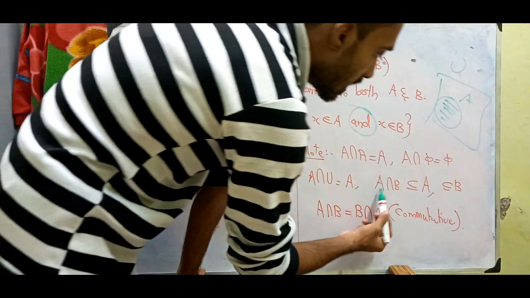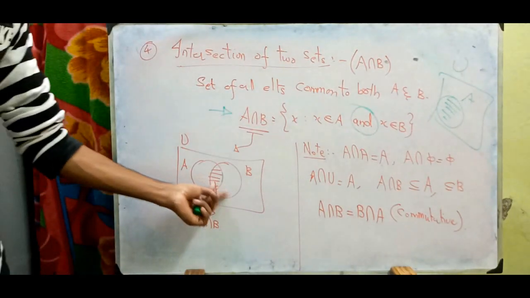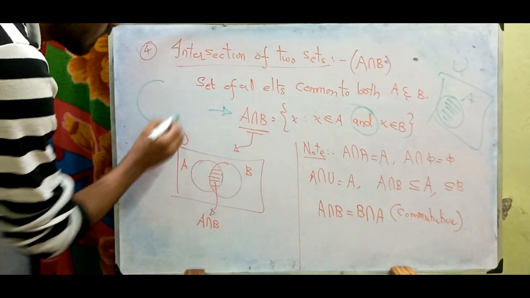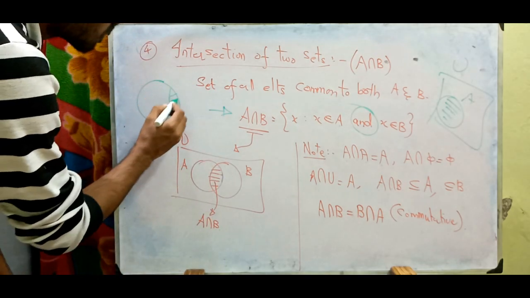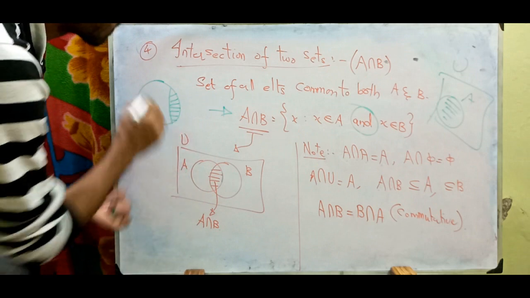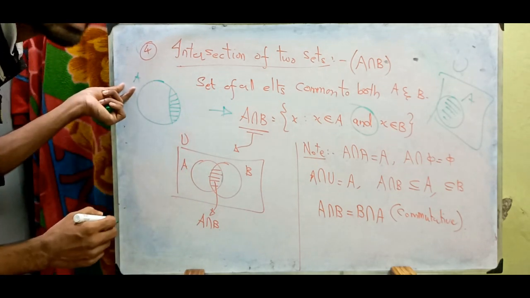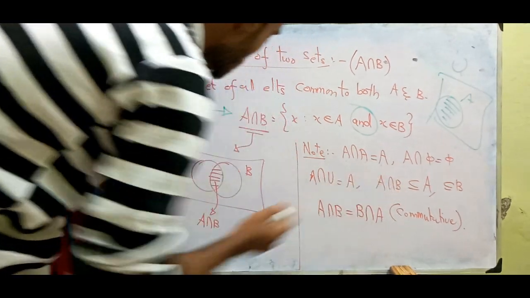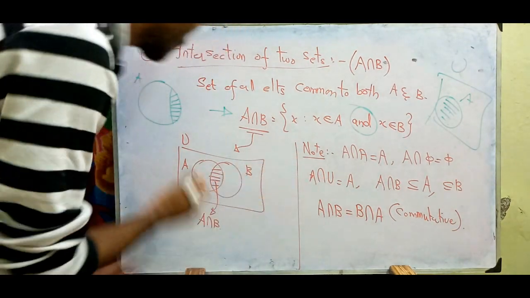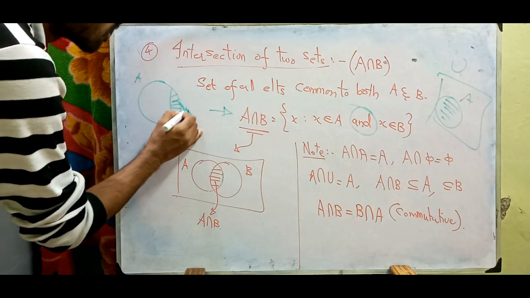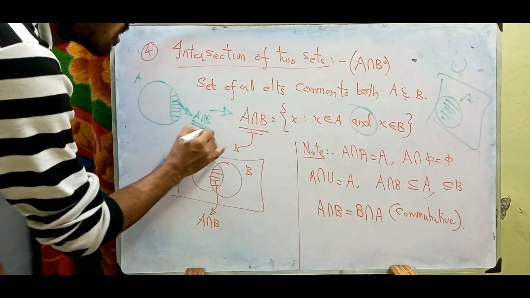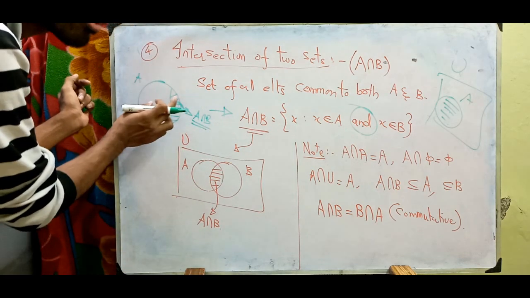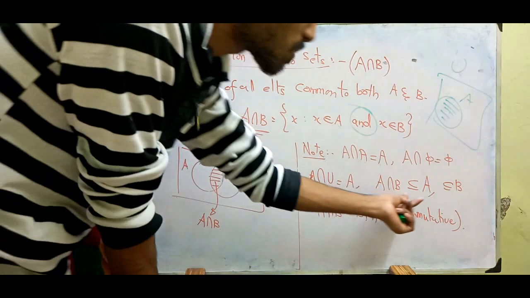Got it? And A intersection B is only this part, and this part here in A, this part alone shaded, right? Suppose that this is A. So this A intersection B set is alone. So this part was A intersection B, right? So A intersection B is a subset. It is a part of this whole set. So that is why it is called a subset of A.